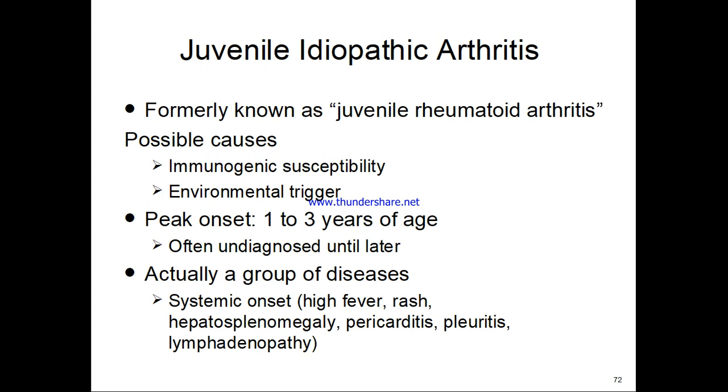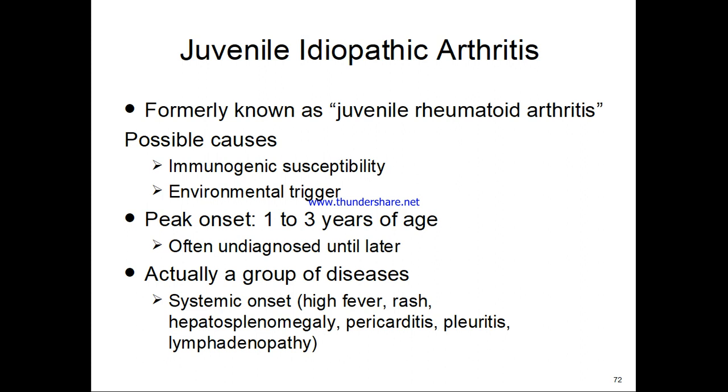Juvenile arthritis used to be called juvenile rheumatoid arthritis. We now call it juvenile idiopathic arthritis. It's not always believed to be rheumatoid in nature, so this is why we are now calling it idiopathic. Many patients do have an immunogenic susceptibility, so that means genetically there's something with their immune system that makes them susceptible, and we think that there's an environmental trigger that pushes them into that, but we haven't fully identified